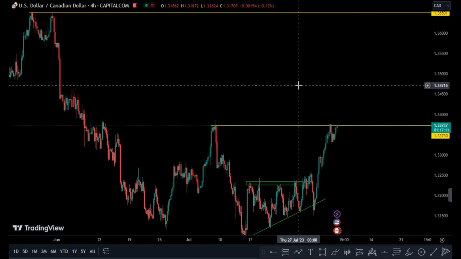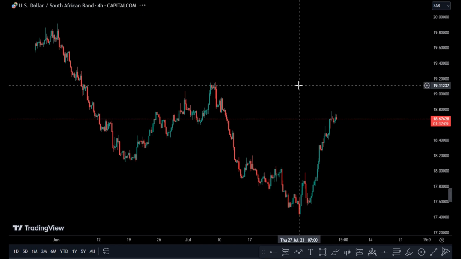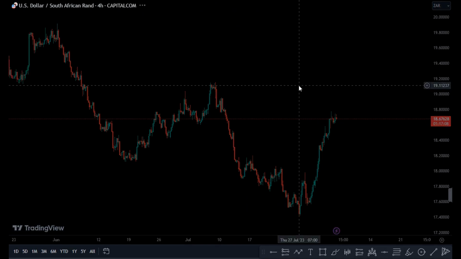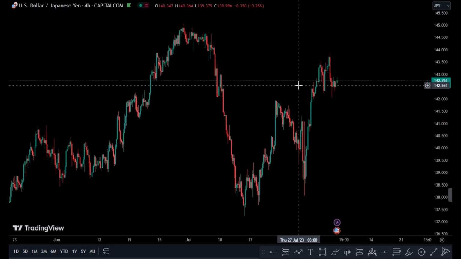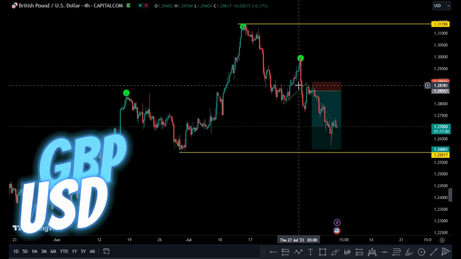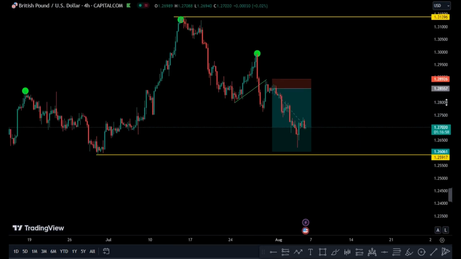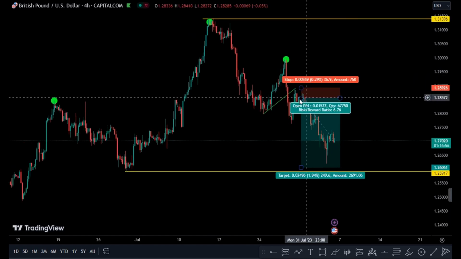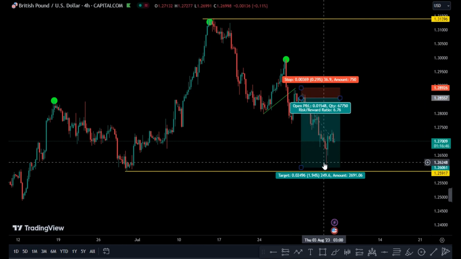And then on GU, we took a short on GU from that anticipated entry of ours. GU didn't play around, it just consolidated for a bit and then gave us the entry that we were looking for. Okay, and then we took a short from there, just like how we broke it down, and then we were able to catch